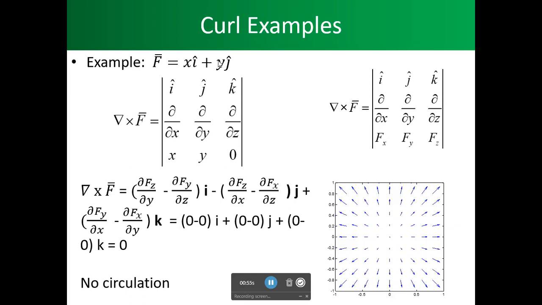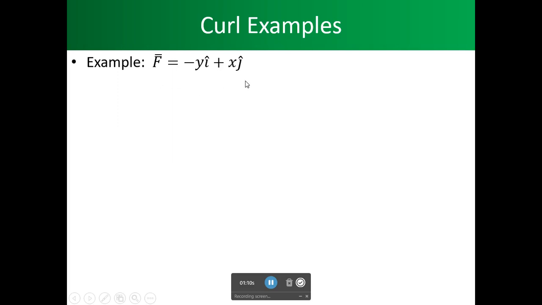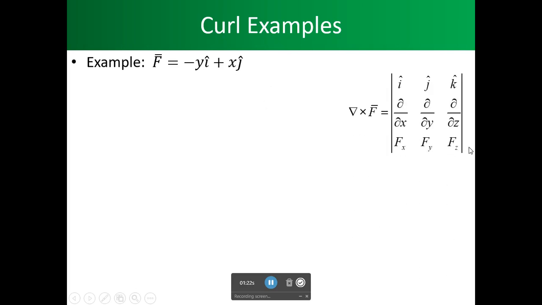Now, we're going to change these values. We're going to flip x and y, and then we're going to make this a negative. So we're going to change it, and we're going to see changes. I just wanted you to see the difference. Now that we go to this one, you might not have remembered, but here it is, a minus y. That's what I said. So it's a different component on the x-axis and on the y-axis. So we're still going to use this formula,